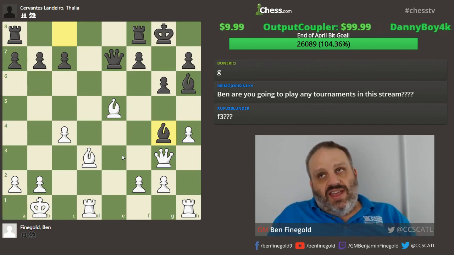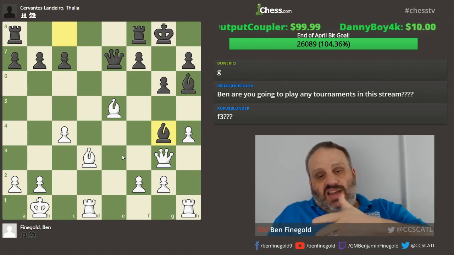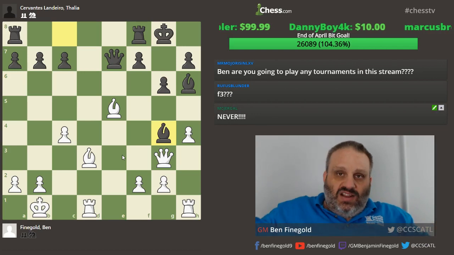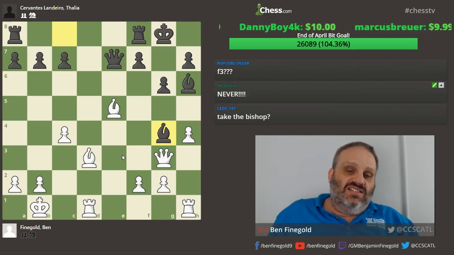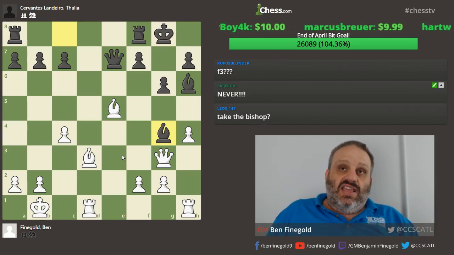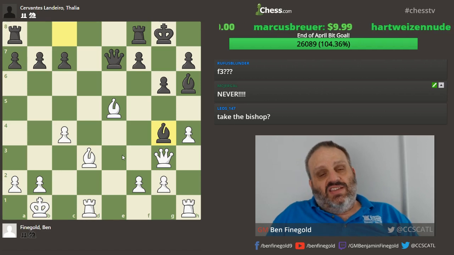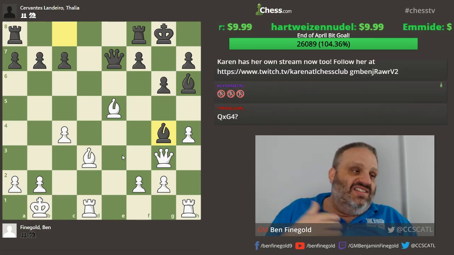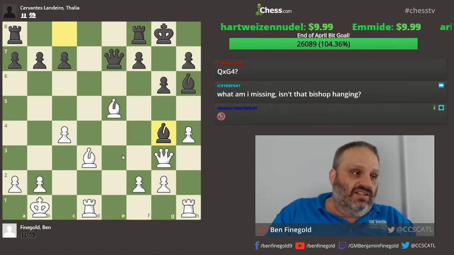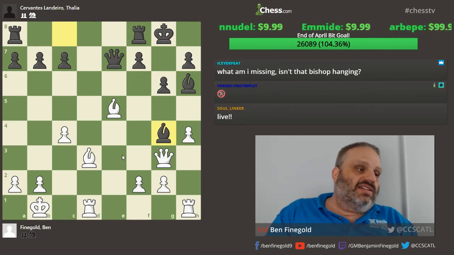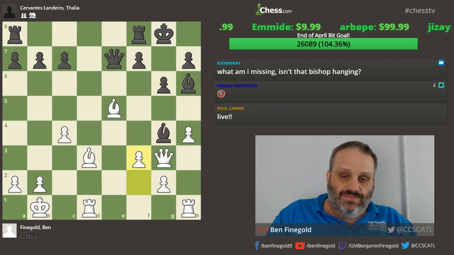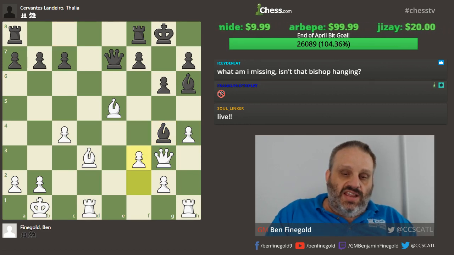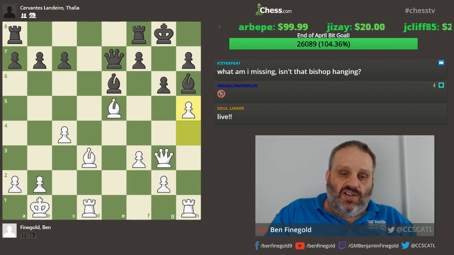The idea of h5 is she takes my rook and I play h takes g. And I'm checkmating her, but I'm down a rook. And I'm like, if I miscalculate that, I'm down a rook. If I miscalculate this, I'm a little winning instead of a lot winning. So it was safer to do that. So f3. And she retreated, and I played h5.